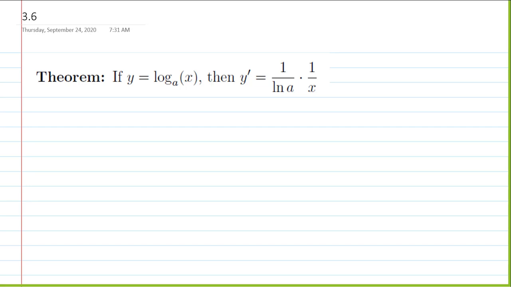We can prove this in a similar fashion to what we were using last time when we were finding the derivative of inverse trig functions. If we rewrite our logarithm in its equivalent exponential form, we get a to the y, because it's a logarithm base a, is the same as x. Then by implicit differentiation,